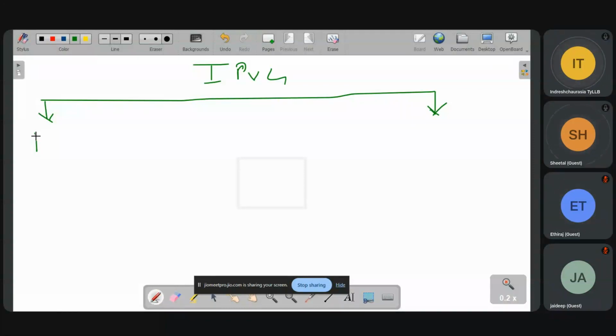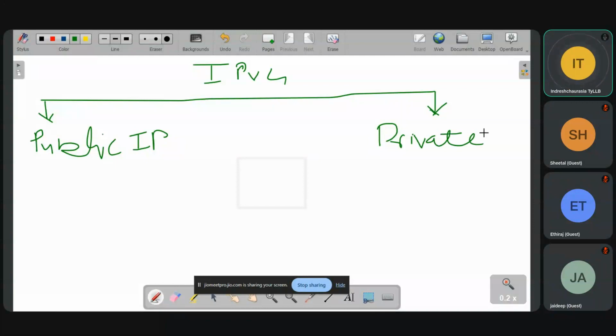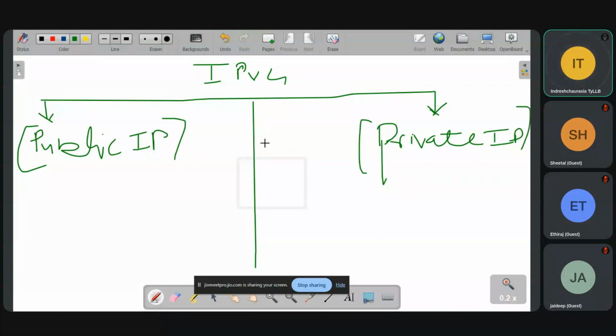But that is not the division I meant. The first is the public IP address, and another is the private IP address. When I say public IP address and private IP address, what does this exactly mean?